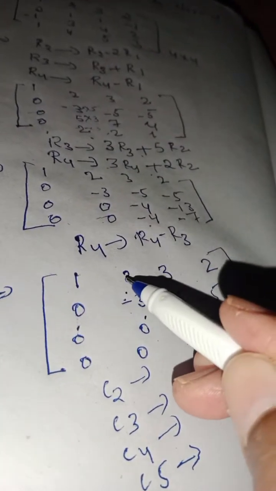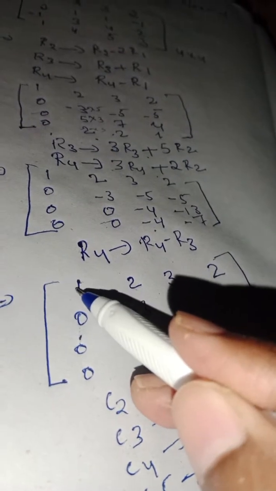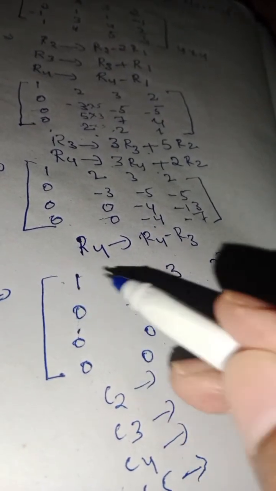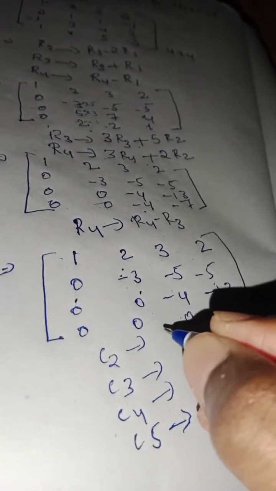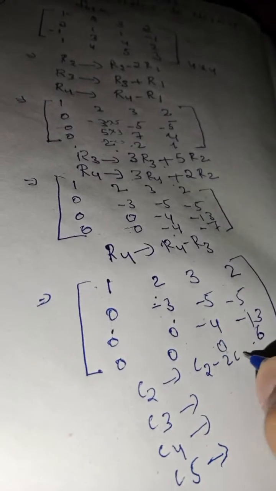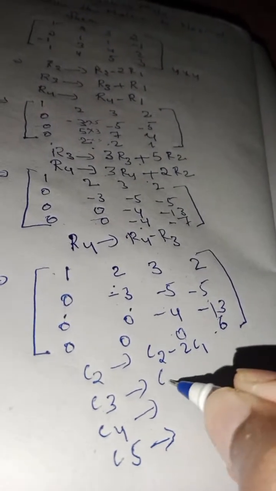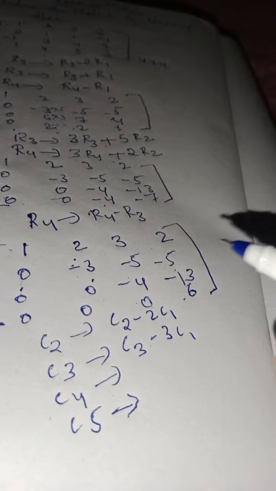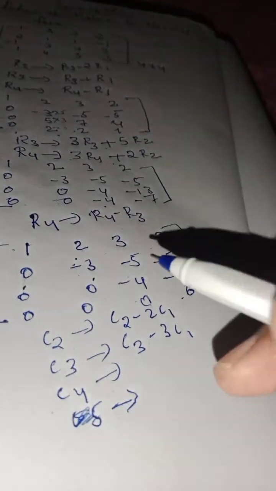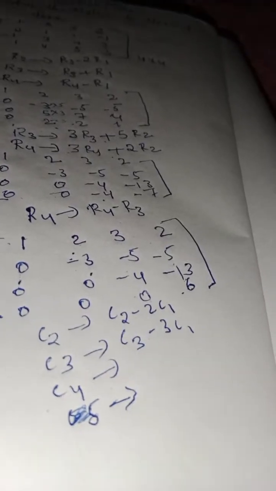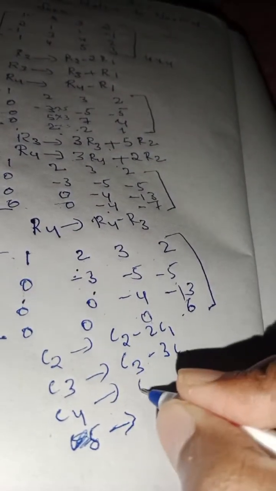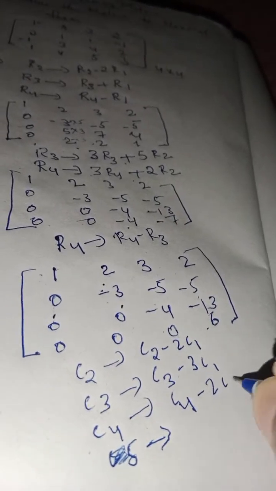Here C2 is 2, right? C1 is 1. So if we multiply with 2, we'll be getting 2 minus 2, 0. So C2 minus 2C1. Next, so 1 3s are 3. 3 minus 3 is 0. So C3 minus 3C1. Next, we have to do only for 4 columns because we are having only 4 columns. So next, 2. So C4 minus 2C1. So now the matrix is,